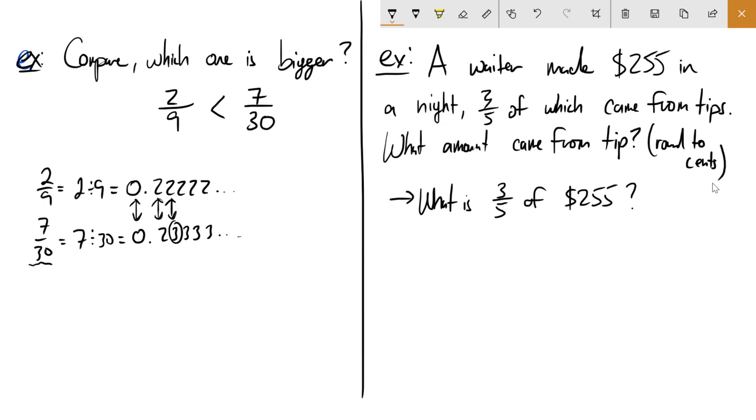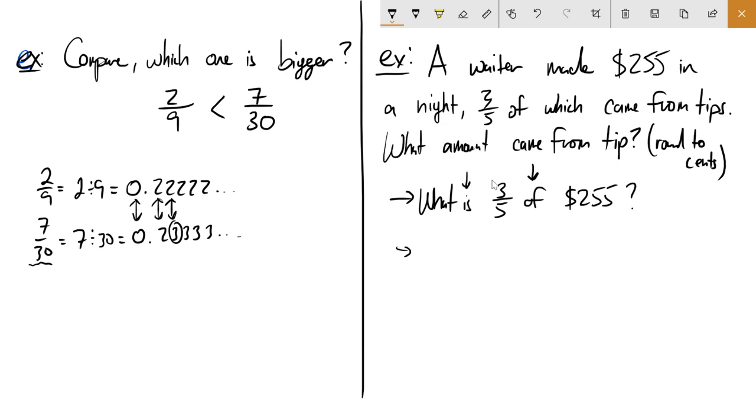So divide by 5 is part of it, because 3/5 has a division by 5 right there in it. "Of" is a key word in math. Of almost always tells you multiplication. So if you're trying to find a fraction of a number, then what we're really saying here is what number,